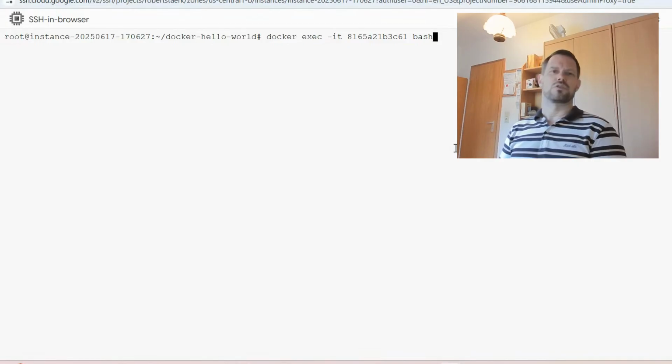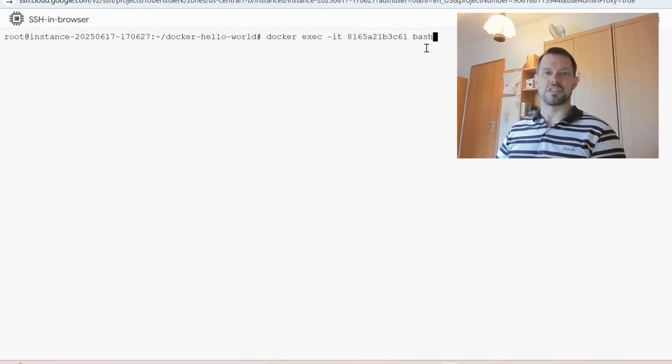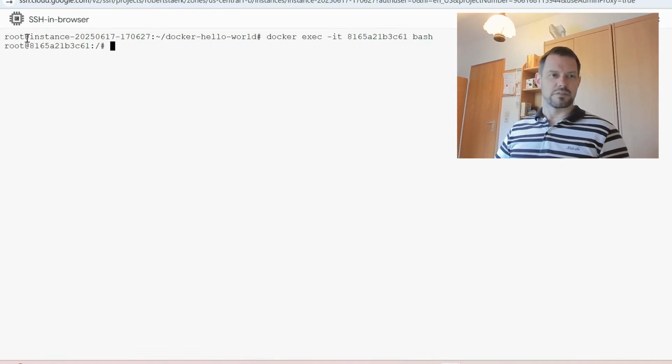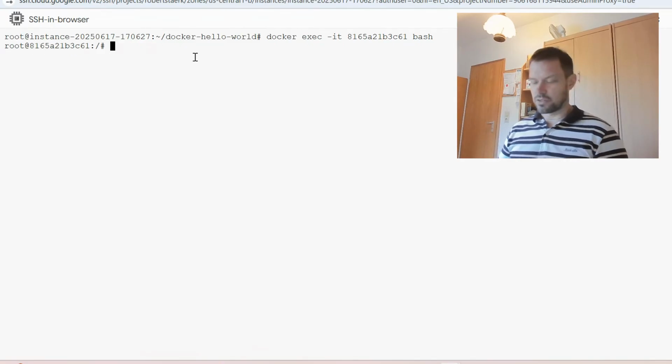You may also want to connect to your Docker, and for this we have the command docker exec, so execute. You just execute the bash, the shell, inside a running container. Let's try this. So here we are root inside the container with this ID, and we can use just normal Linux commands